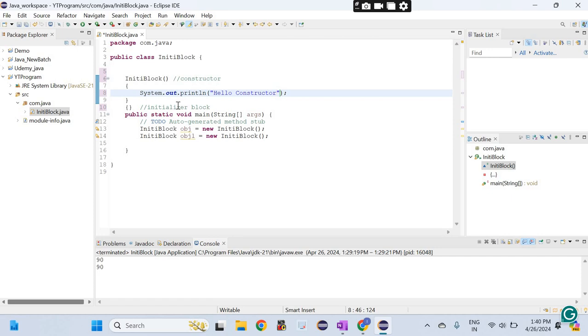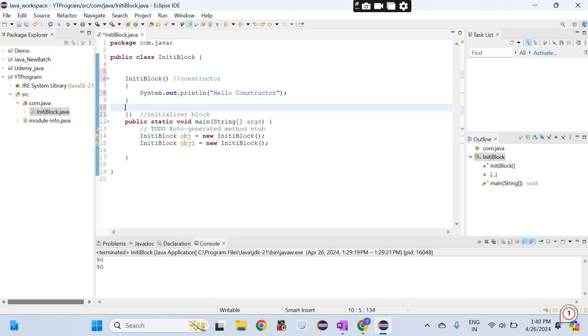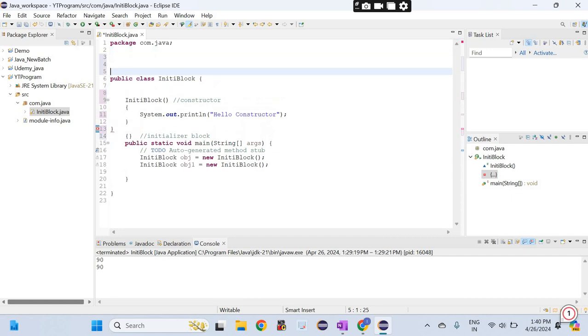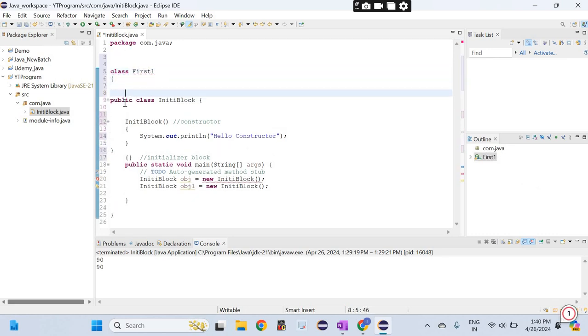Now I am going to create one more class here, and I will name it First.